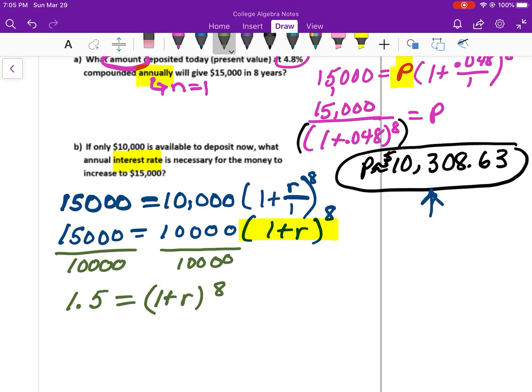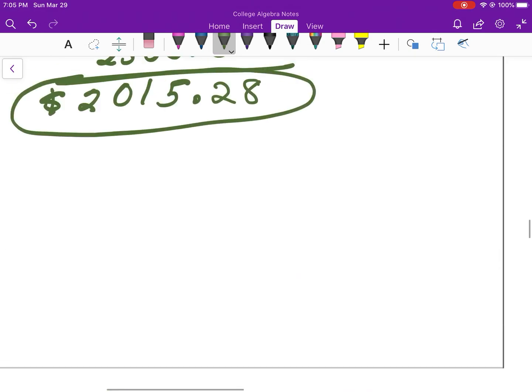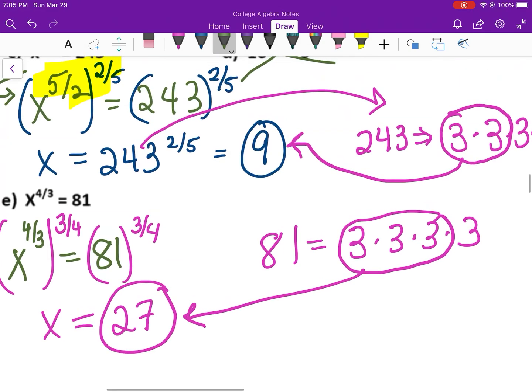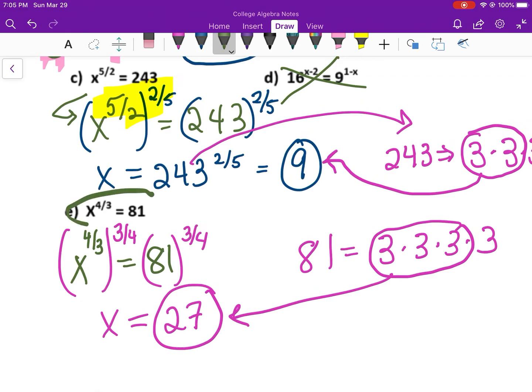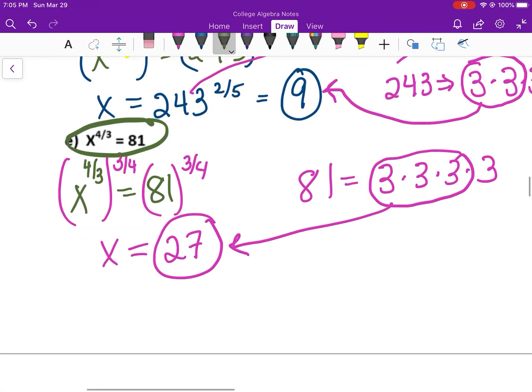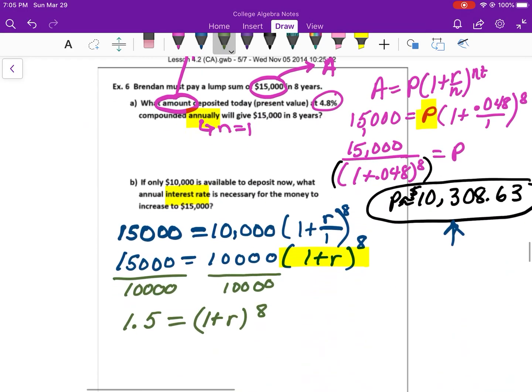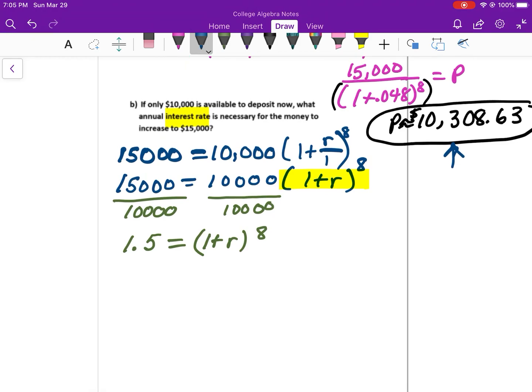Okay, I'm going to go backwards a little bit. In our previous lesson, we had fractional exponents right here, and the way that we got rid of them was to actually go through and multiply by the reciprocal. So that's what we're going to apply here. We're going to raise it to the 1/8 power. So 1.5 to the 1/8